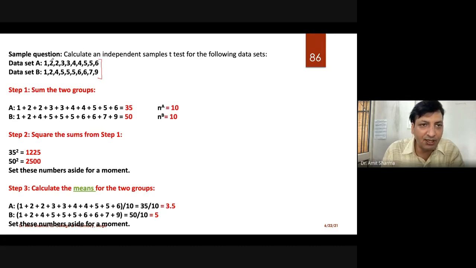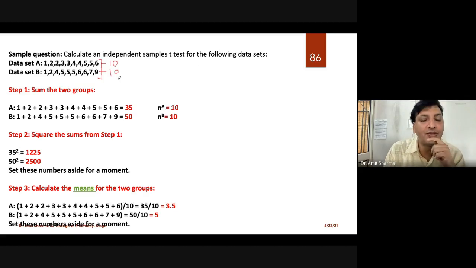You can see that there are 10 values in dataset A and 10 values in dataset B. It is possible that the examiner will give different numbers of values in the groups, for example 10 values in dataset A and only 6 or 7 in dataset B. So it is possible.